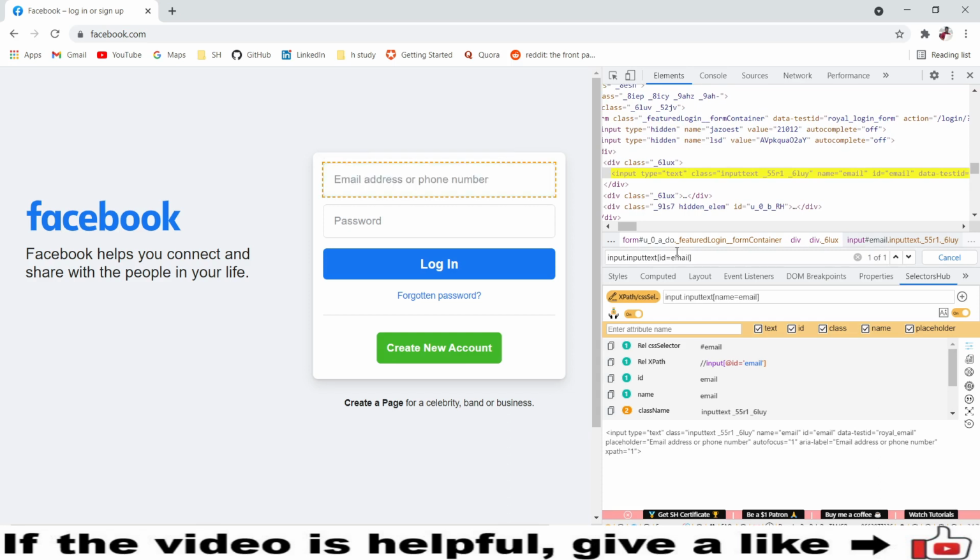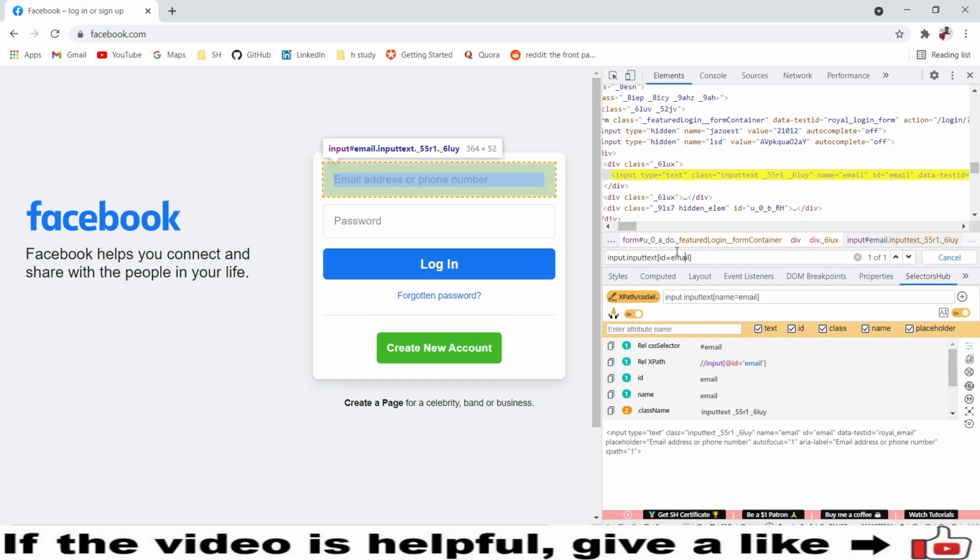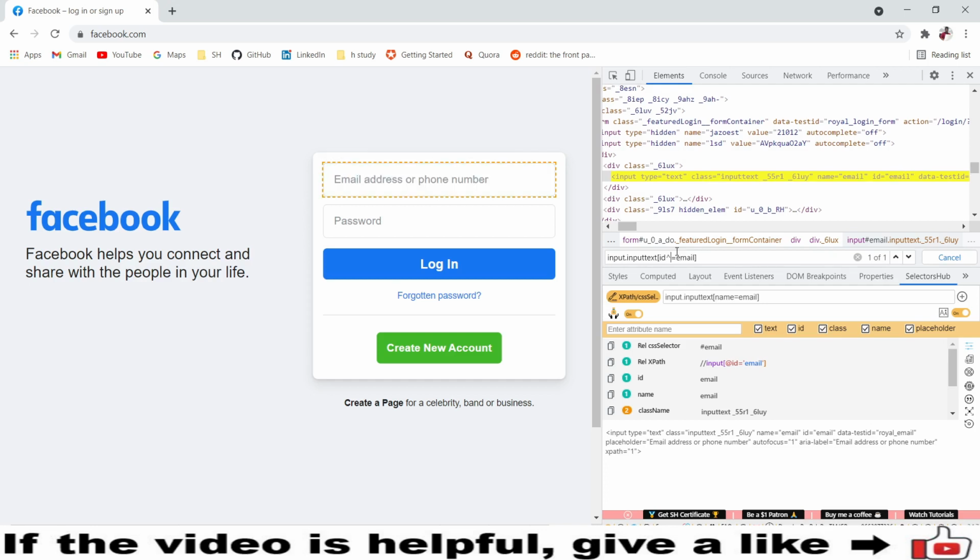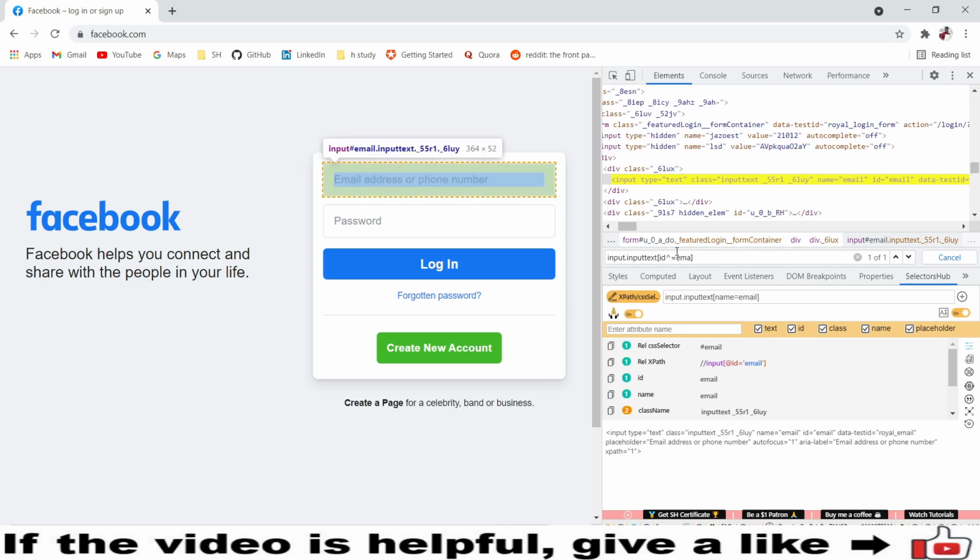What happens if email contains 1 2 3 4 and next time it says 4 5 6, then next time it says 1 1 7 8. Likewise it will keep on changing. Then in that situation you can use this cap symbol here. Use shift and 6, then you will see this cap symbol, and you can use the matching characters, at least 2 or more, then it will identify. So whatever ID starts with ema, it will identify that locator.